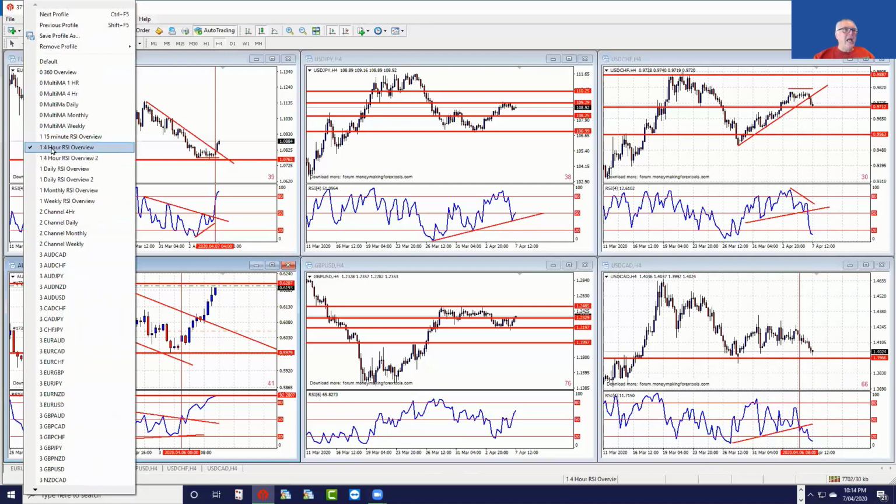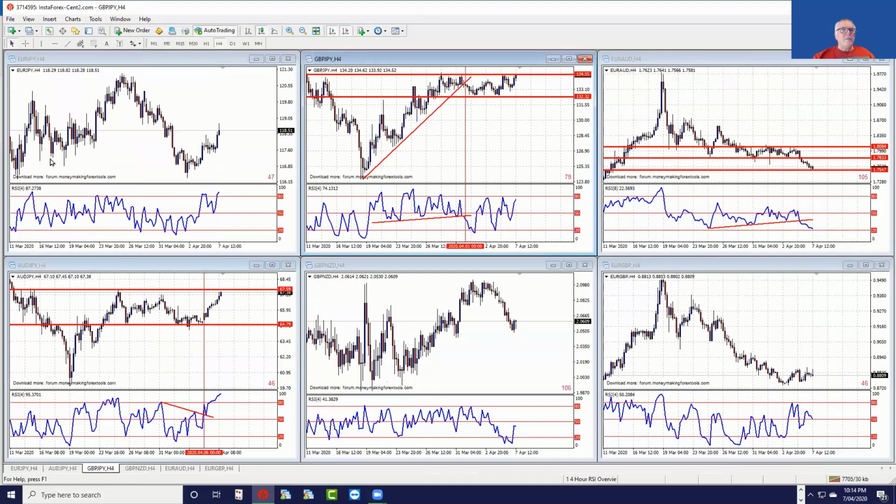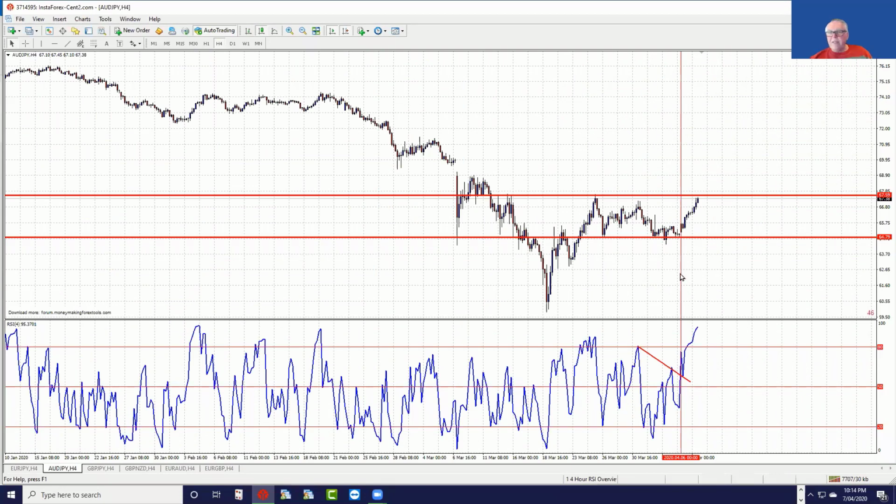So if we look at the other group that there is, this is the Aussie yen, very similar shape to the Aussie, also completely overbought. In fact, this would most probably be a better sell because of the level being extreme. I mean, what is the actual reading? I'll just see if I can get the actual reading there.